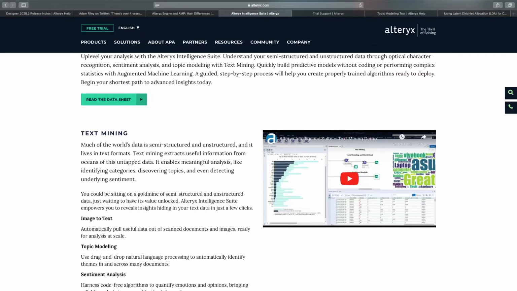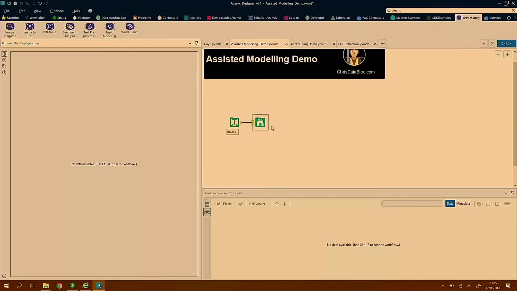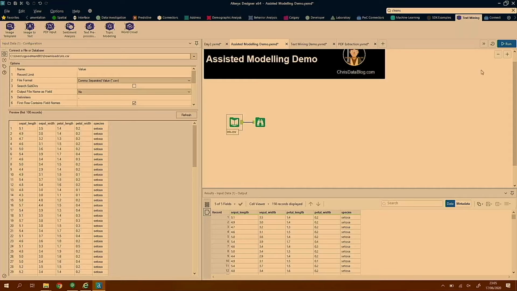I'll just move now into Alteryx to do a walkthrough of what assisted modeling is. So what I've got here is the iris data set. This is something that's available on things like Kaggle, which is a great resource for learning data science and having data sets that you can learn on. What we can see here is we've got some data around different types of irises, and essentially the idea is that you want to predict what species